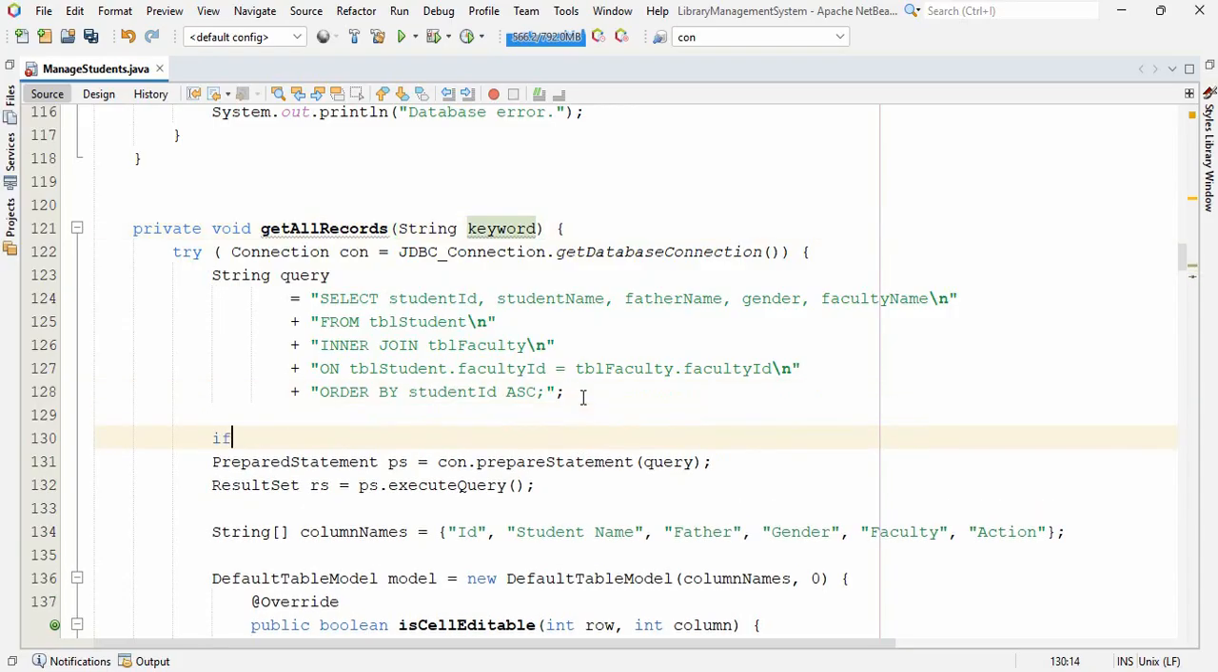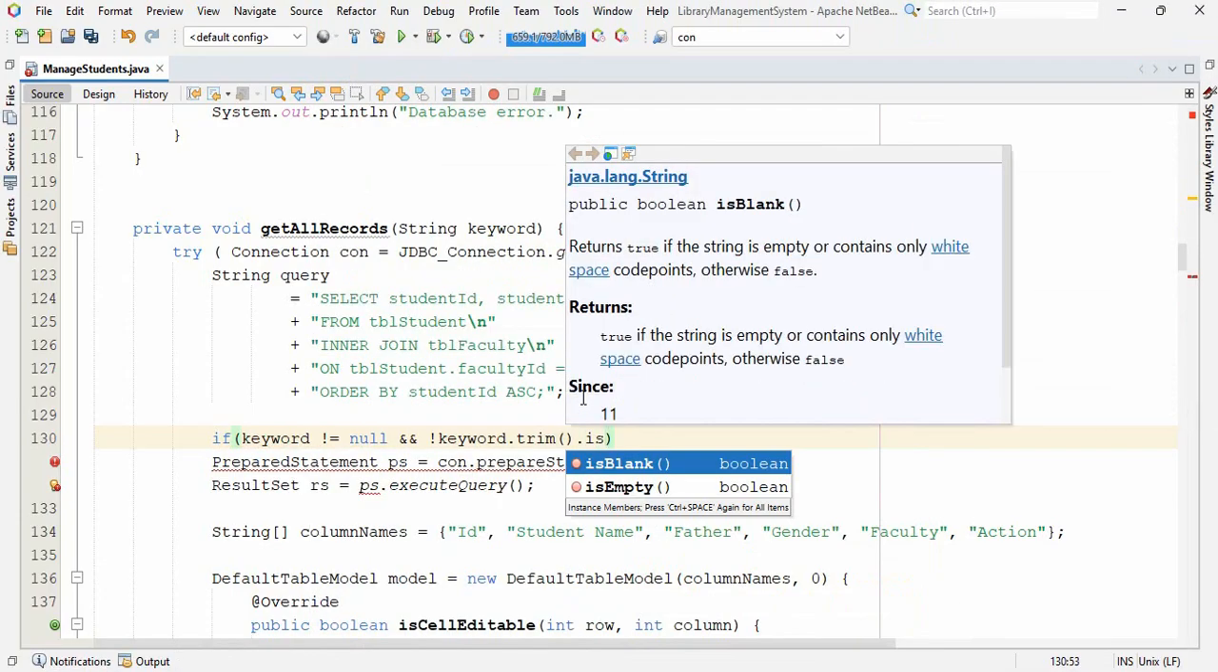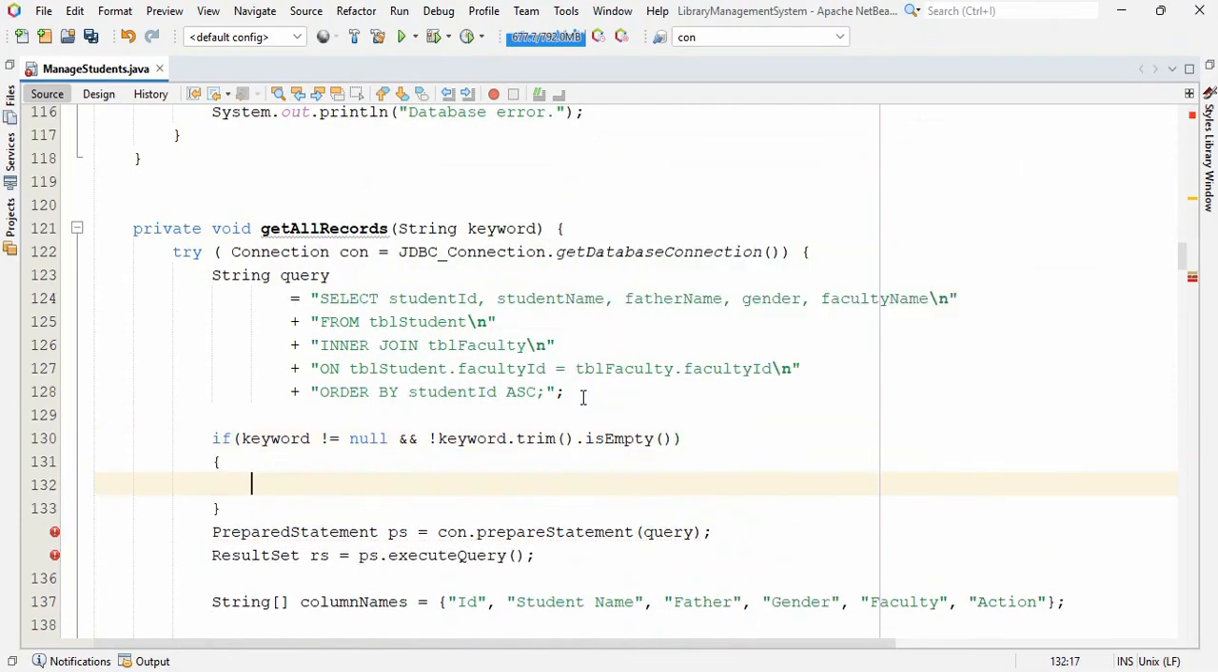For that, we want to define a simple condition: if keyword not equal null and not keyword dot trim dot isEmpty. That means if the filter is not null, we want to filter student records, and when the user enters an ID, name, or father name, the search can work. Here we already have the query variable. We want to add the where condition to this variable: query plus equal where